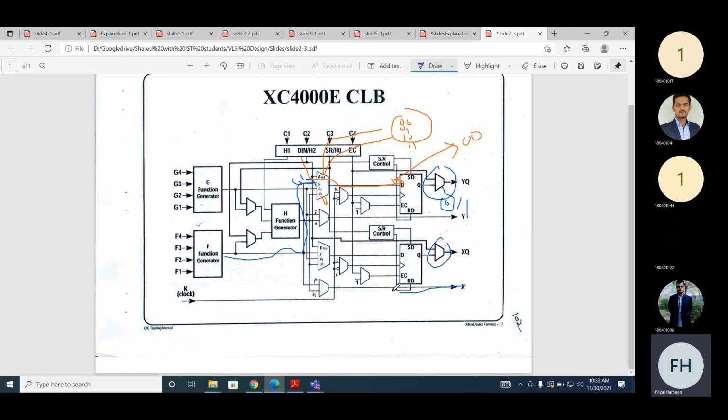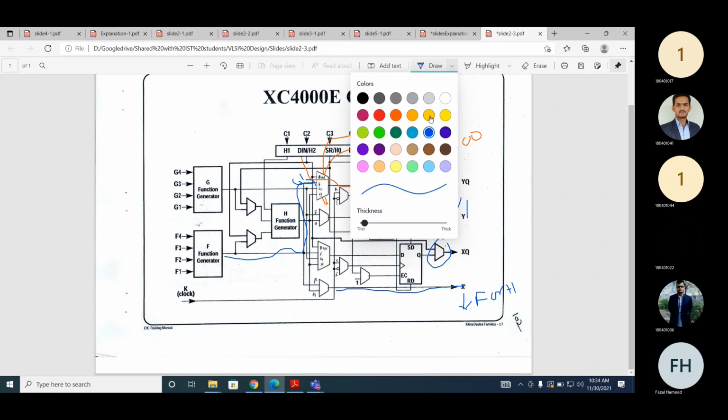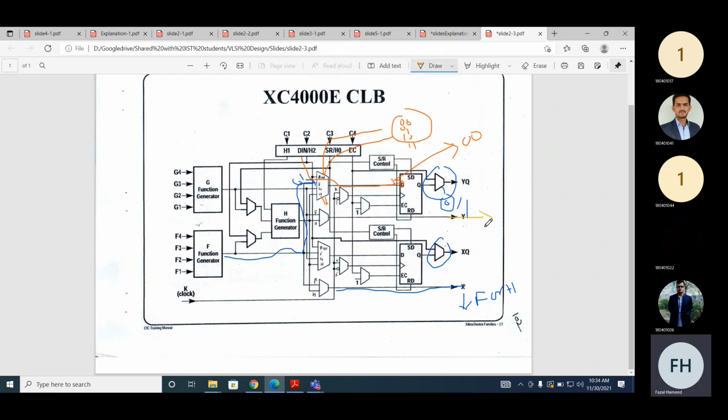And now this X is combinational. If you look at this X, what will be this output X? X will be assigned either a value of F or H, based on the select line of this multiplexer. And if you look at this Y, can you see this Y? This Y can be assigned a value of F or H. Okay, now this YQ, which value can be assigned to YQ?